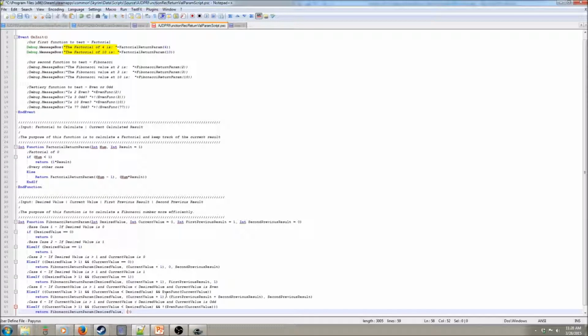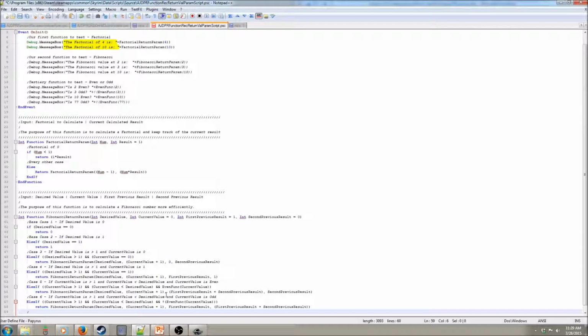We're going to up the current value by 1 like we have been. We just want the first previous result in the first previous result spot. However, here's where the change happens. In the second previous result, we want the first previous result added to the current second previous result. And then